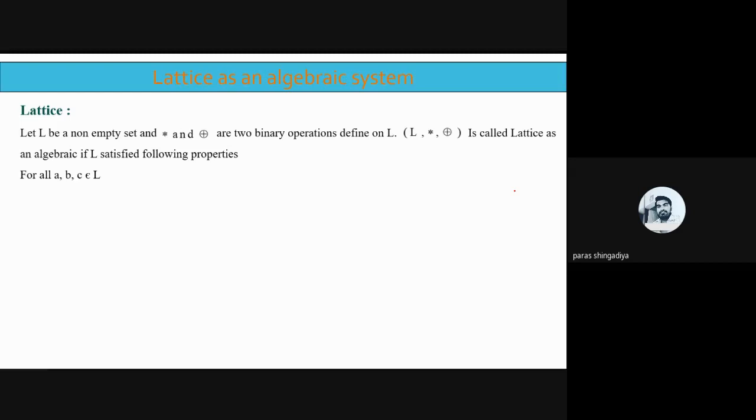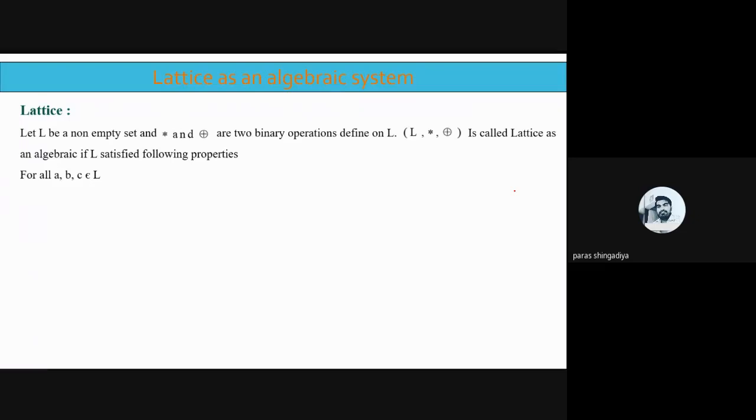So in such a case, you just have to verify these properties. If it is considered A comma R, is it a lattice or not? In this case, you have to check the GLB and LUB. And in place of A comma R, we have the form L, star, ring sum. L is a set, star and ring sum are two binary operations, and it may be any one of these: GCD, LCM, less than or equal to, greater than or equal to, intersection, union. Any form can be given there.